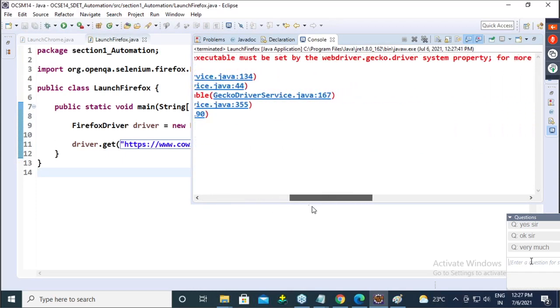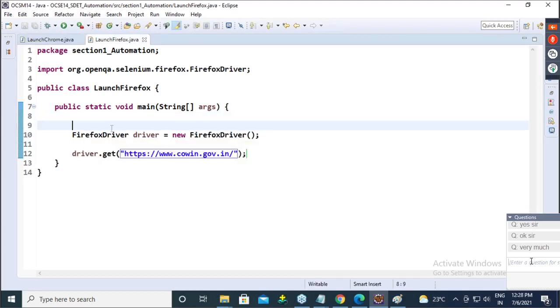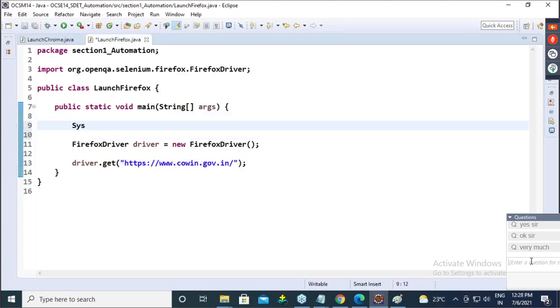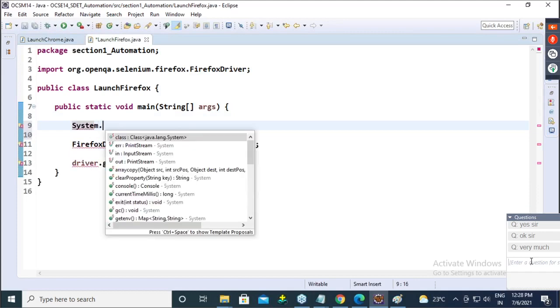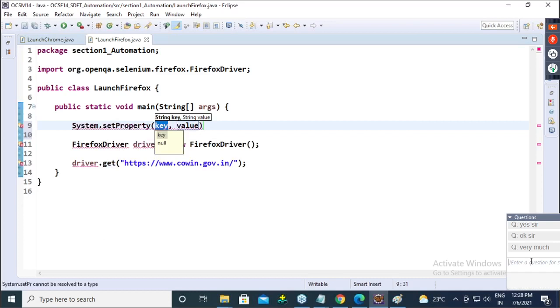And in the exception, can you find the key? webdriver.gecko.driver. Okay, see, we found the key. Copy this key. Now here again, System.setProperty, key is this, and what is the value?